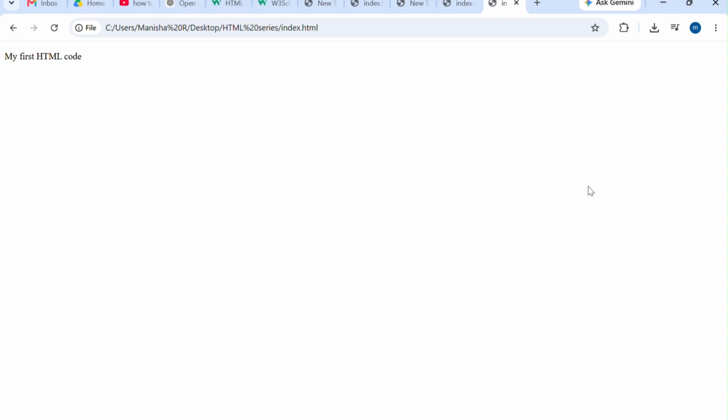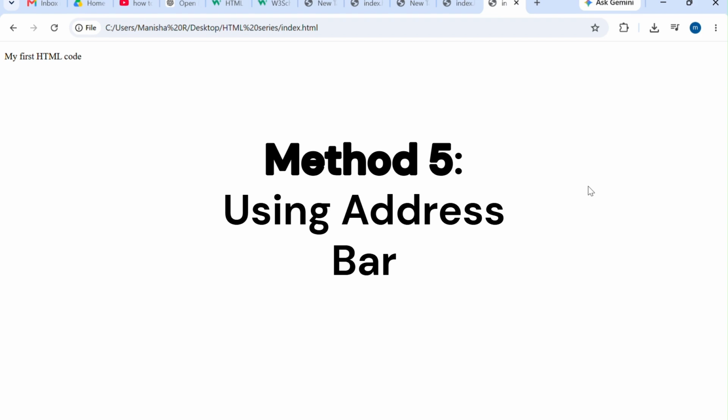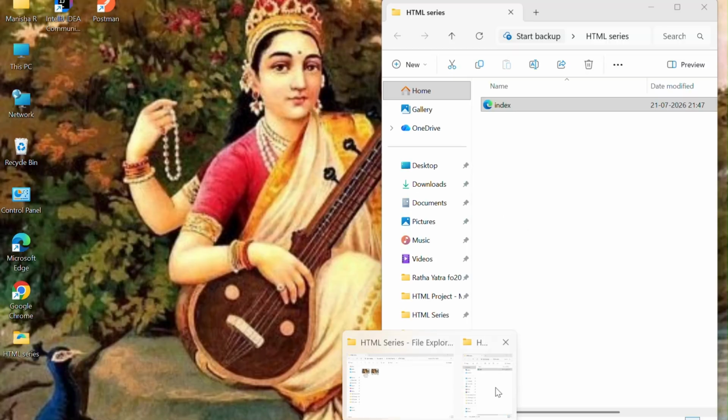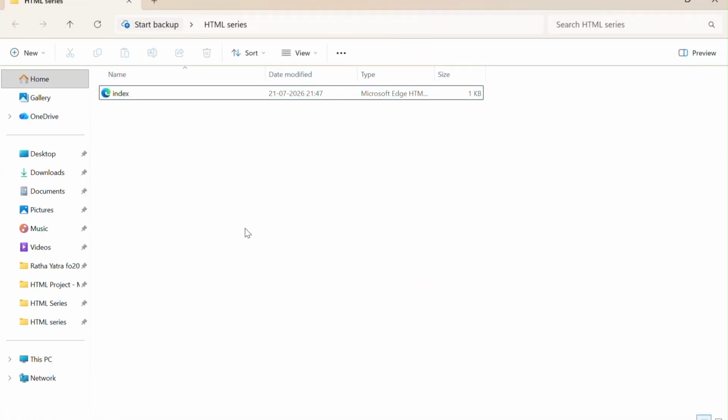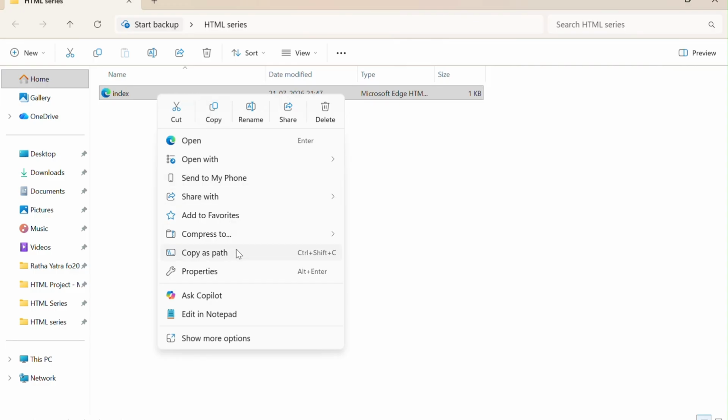So we'll go to the next method, using the address bar. This is also an advanced or beginner method. Another way is to copy the location of your HTML file. For example, I'll go to my HTML folder. This is my HTML file. We have to copy the location, right? First we have to select which file you want to open. Once you've selected, right click, and you can see here copy as path. This is one of the options. So click on copy as path